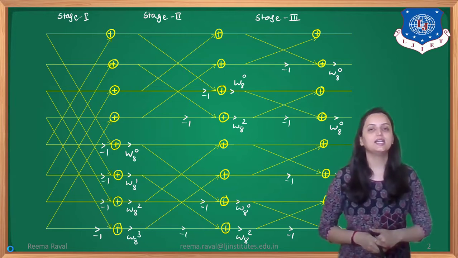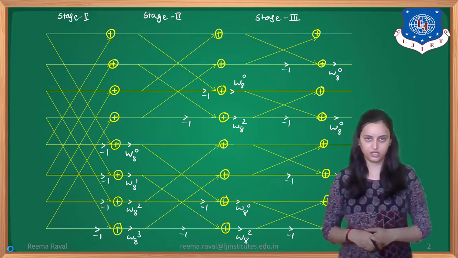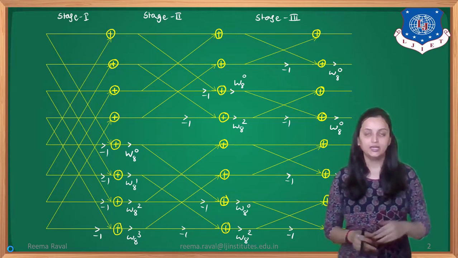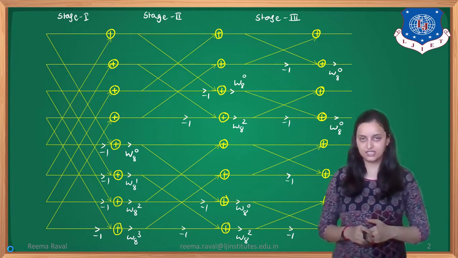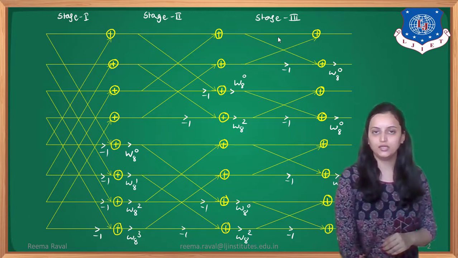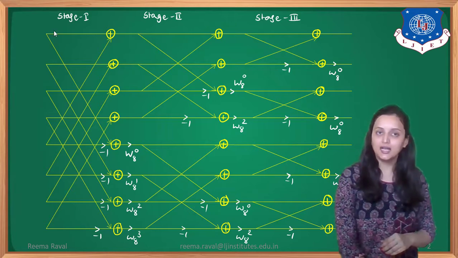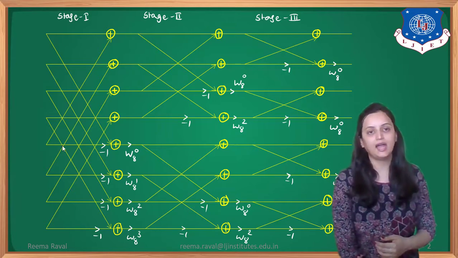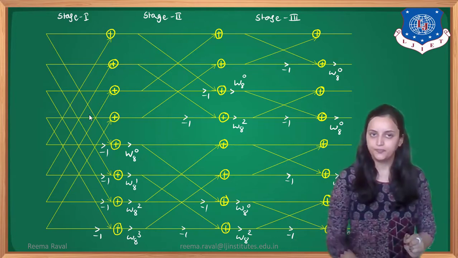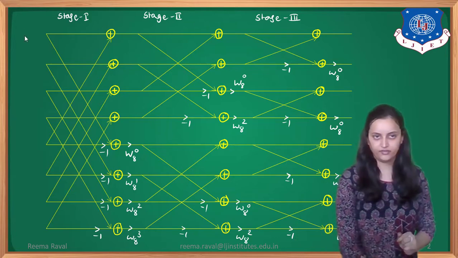This structure is DIF FFT structure. It is decimation in frequency fast Fourier transform. The previous structure which we have seen for DIT FFT has the input, that is stage 1 structure looks like this, stage 2 same, and at the last stage, that means at stage 3, we had this kind of structure. Here the structure is exactly reversed to get the DIF FFT structure.